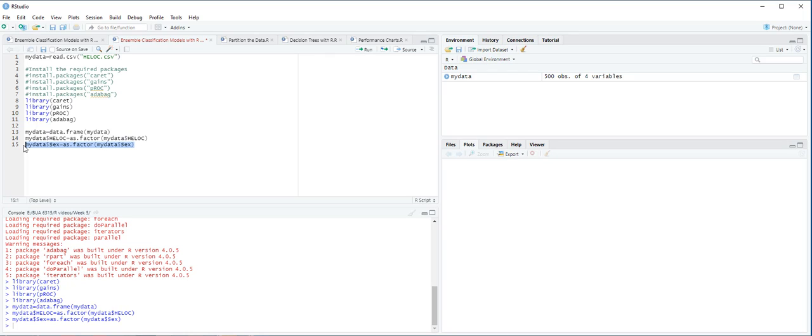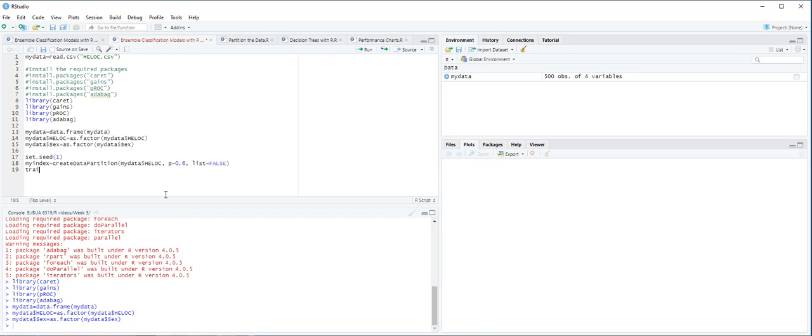We set the random seed to 1 and partition the data into training 60% and validation 40% data sets. Therefore we are going to enter here first set.seed is equal to 1, and in order to partition we create a new object called myIndex, and we use createDataPartition, and here inside we choose myData, and from myData we choose hello, and then next we choose the 60% 40% partitioning, and then list is equal to false,